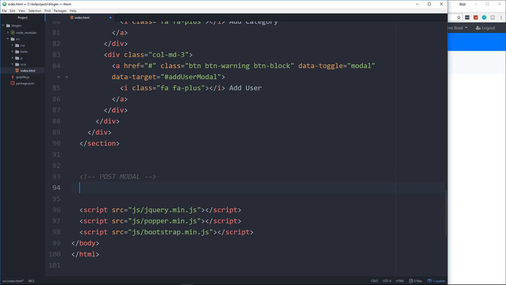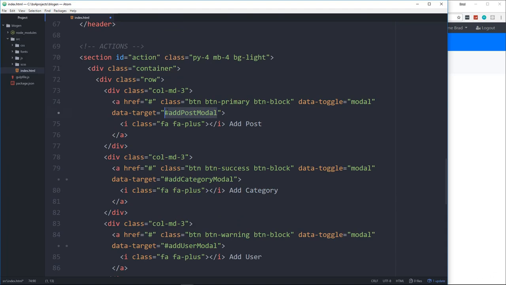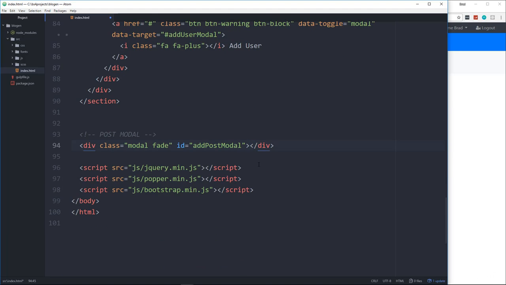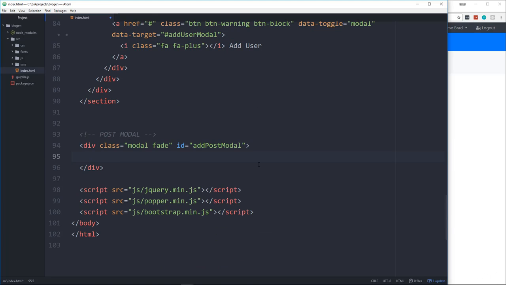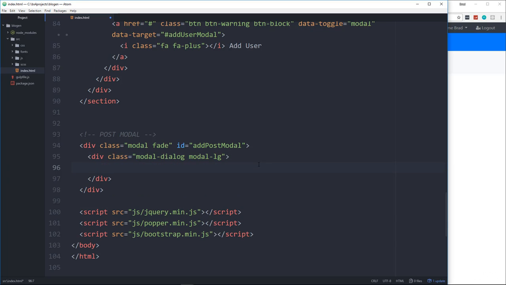Okay, so it's going to be a div with the class of modal, also the class of fade. And let's see, we're going to give it an ID of addPostModal, which should match this right here. Alright, and then in here we want all the different components of a modal, such as the modal dialog div. So this will be modal-dialog. I'm also going to make it large, so I'm going to also give it a class of modal-lg. Okay, then we need our content. Modal content,